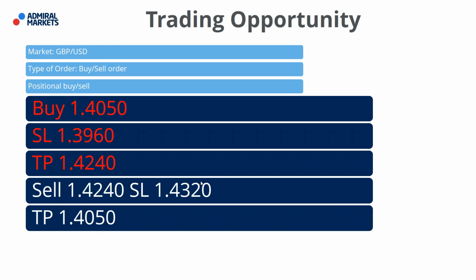So, trading opportunity. Well, this is actually two-way trading. We can see a possible buy trade and we can see a possible sell trade. Although I would like to see a sell first before this buy. That can happen around 42.20. The market is very, very strong now on GBP. It's going up like crazy, like there is no top. But of course, there always should be a top before anything happens.